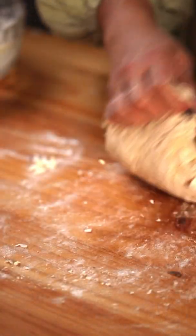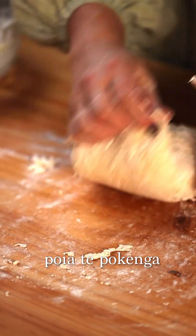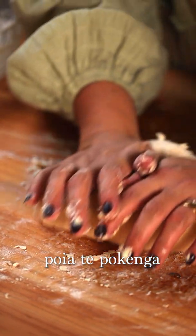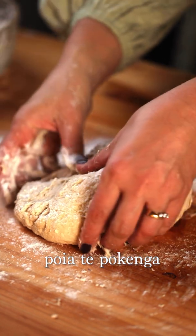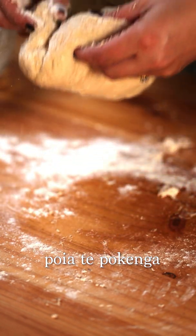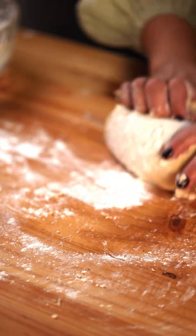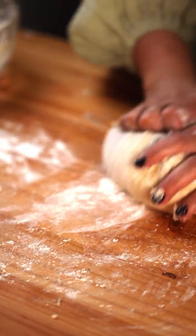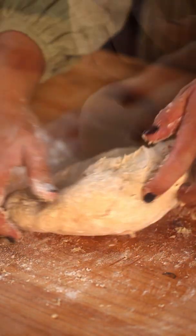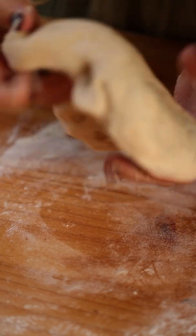This is such a good job for our beautiful tamariki. Poia te pokinga. Knead the dough. If it gets a little bit too sticky, sprinkle over it a little bit more puehu parawa and poia te pokinga. Knead the dough for 10 minutes until lovely and stretchy. So after 10 minutes it should look like this, and then all you need to do is stretch it out